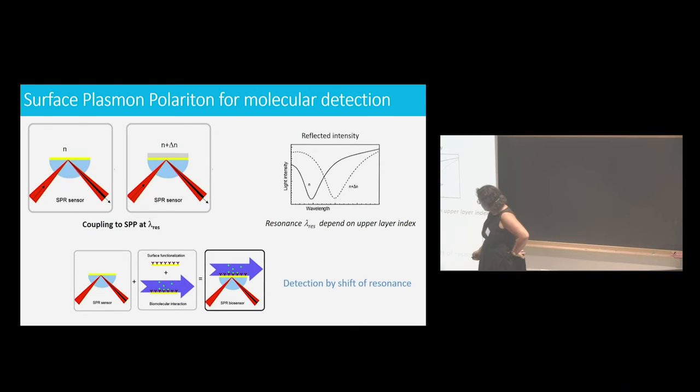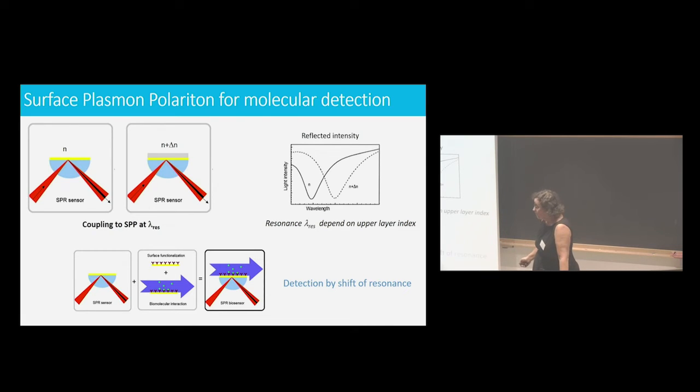You put it on the gold surface, so chemists or biologists can do a functionalization, so that when you have your target, the target wants to fix on this surface. So if you want to detect the target, you then send water with molecules, these target molecules or not. When you have these target molecules, they fix and they change the index. And as they change the index, you have a shift in the resonance and you can detect it.